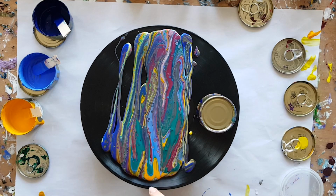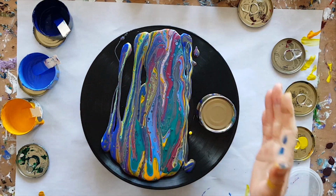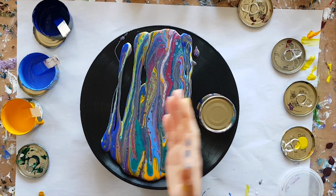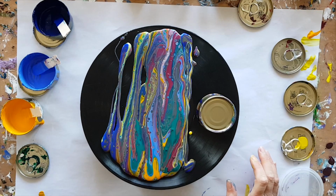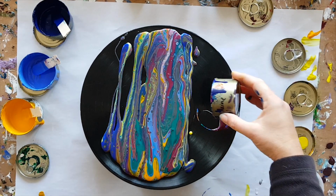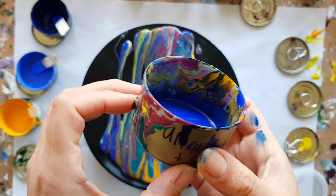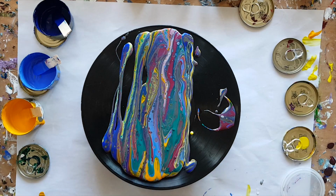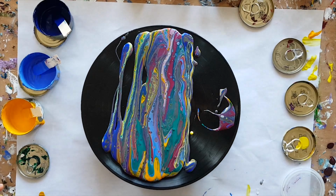So you'll notice I stayed away from these edges, mostly because I want to keep the lines as straight as possible, and to tilt it this way we're going to have it running off really quickly. So yum, look at that pot. How cool is that? Anyway, hello. Alright,